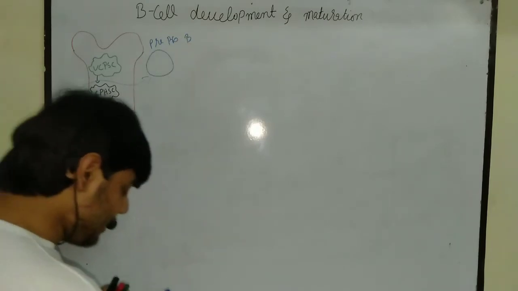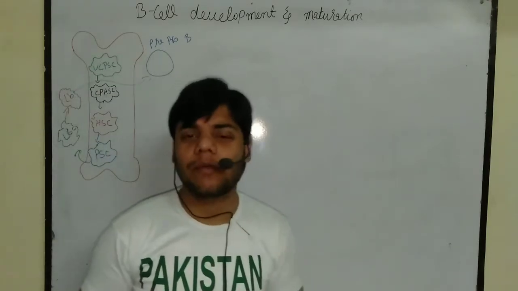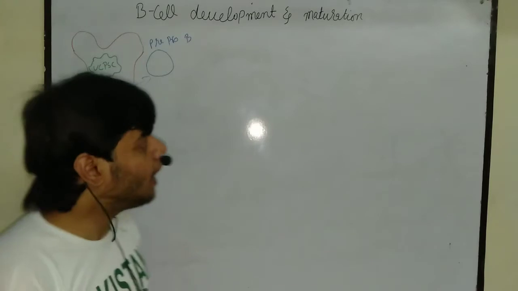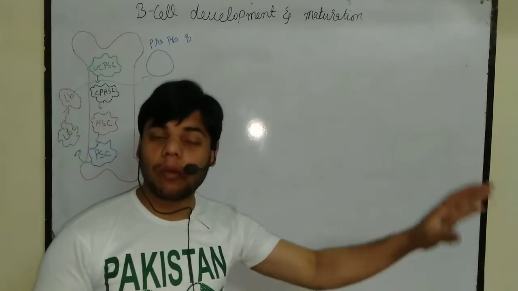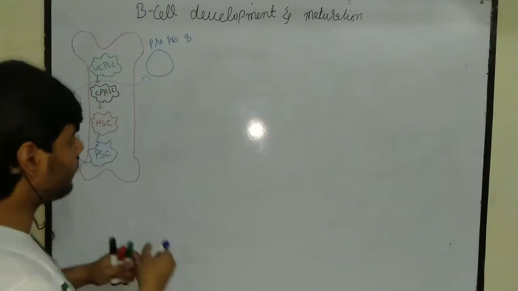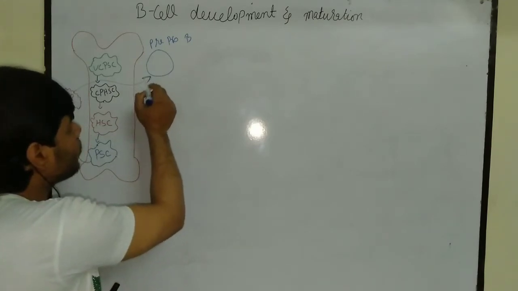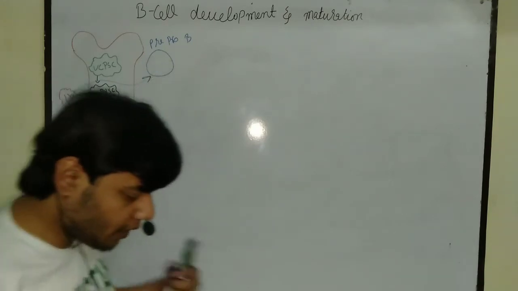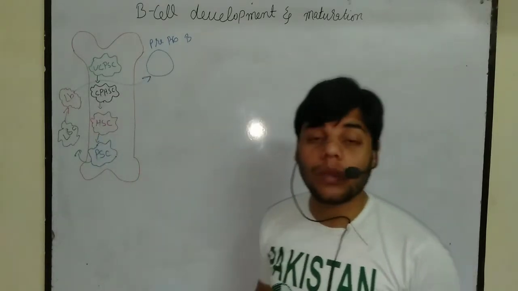It means that it is the B cell, but they don't have all the receptors. They have a receptor, but in a very small amount. And they have genetic material, each and everything, but not in the mature form of the B cell. This is just the B cell, formed but in an immature stage. After that, this pre-pro B cell will contact with another cell